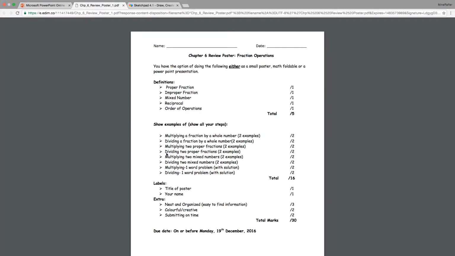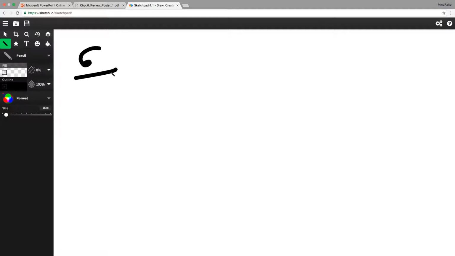Okay, so now I'm going to be showing you how to divide two proper fractions. So let's go back here, and then let me pick some numbers. Let's go 6 over 12, and of course, divided by 4 over, let's go 5. Okay, so what you've got to do is the